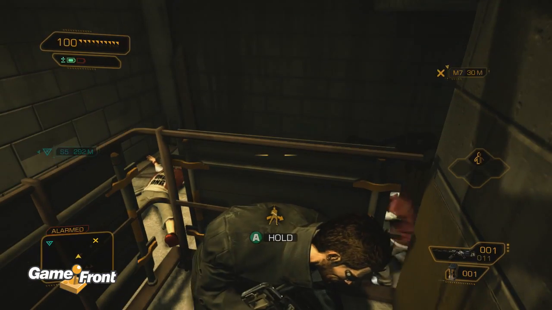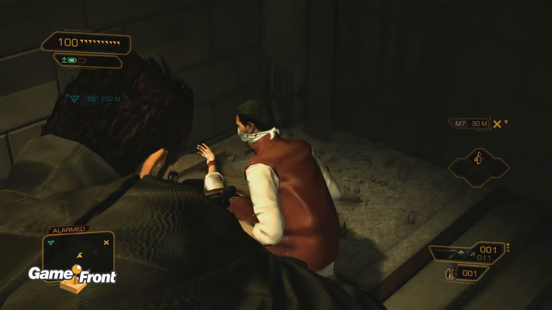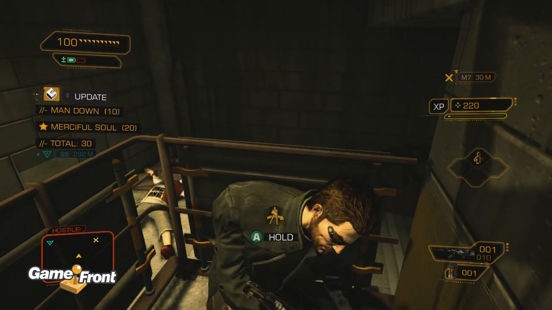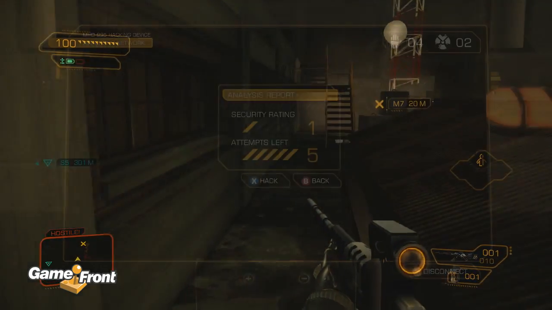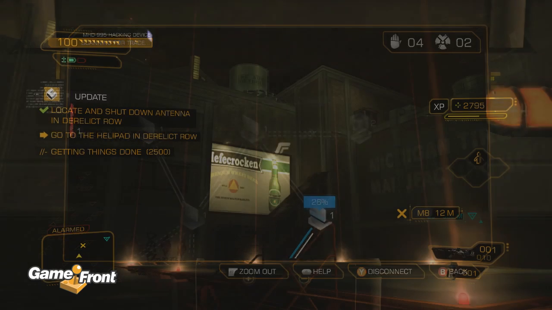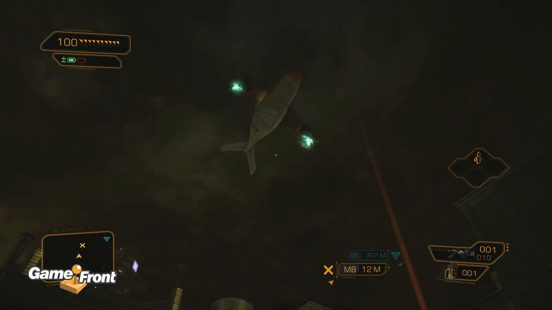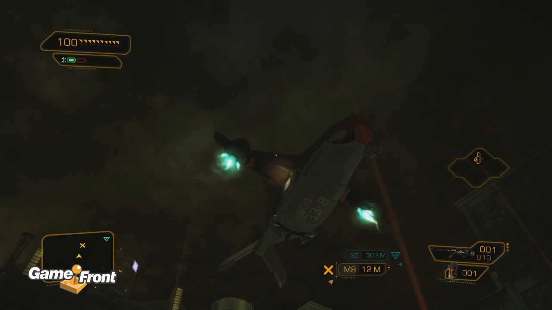This guy saw me, but you know what? It doesn't really matter because these are the last two guys in between you and your objective. All that's left is really to hack the terminal at the top, wait for the helicopter to arrive, and then you're out of here. Unless you didn't take my advice at the beginning of this video and did not complete